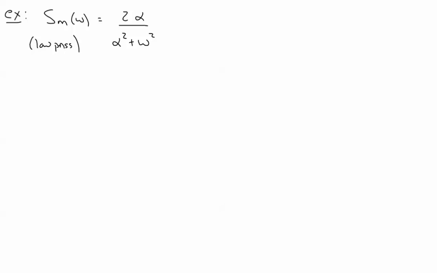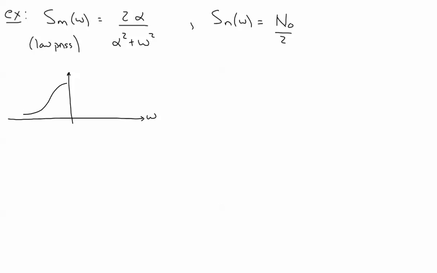All right, and we'll assume that my noise power spectral density is N naught over 2. And once again, this is kind of what I'm looking at. I've got a low pass type of message, and I've got